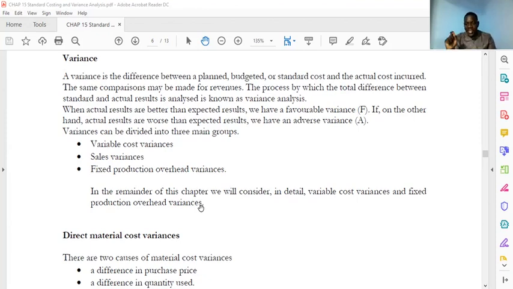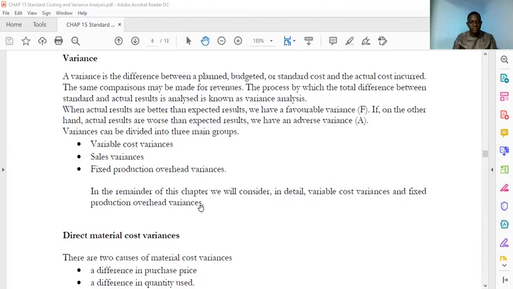It's denoted by A. Favorable is denoted by F. Then variance can be divided into 3 main groupings: the variable cost variance, sales variance, and fixed production overhead variance. In the remainder of this chapter, we'll consider in detail the variable cost variance and fixed production overhead